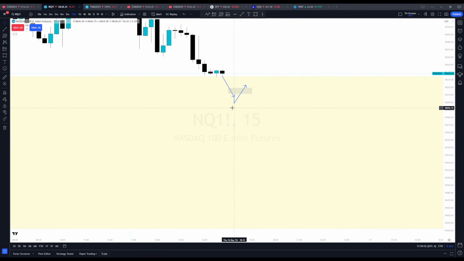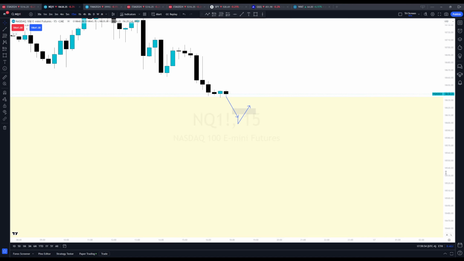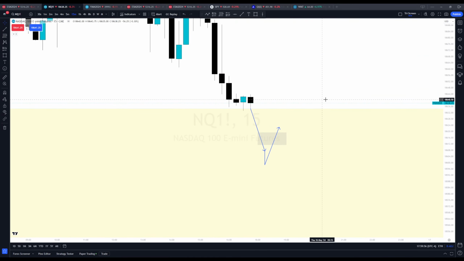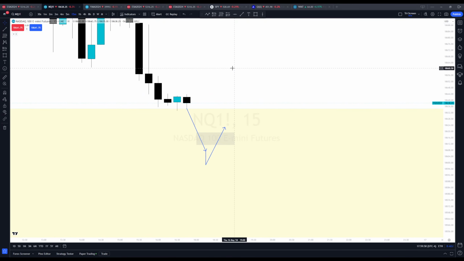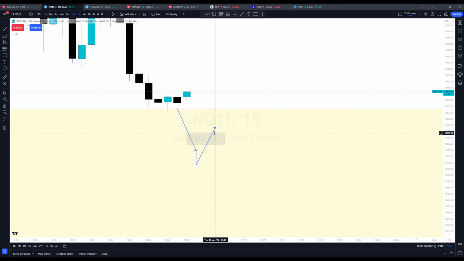We know we can be bullish. Let's wait until the market shows us that it wants to be bullish. By showing us that the market's bullish, it's going to start inversing, like you see right here, right? I guess I didn't draw my FVG right. The FVG kind of starts here, right?